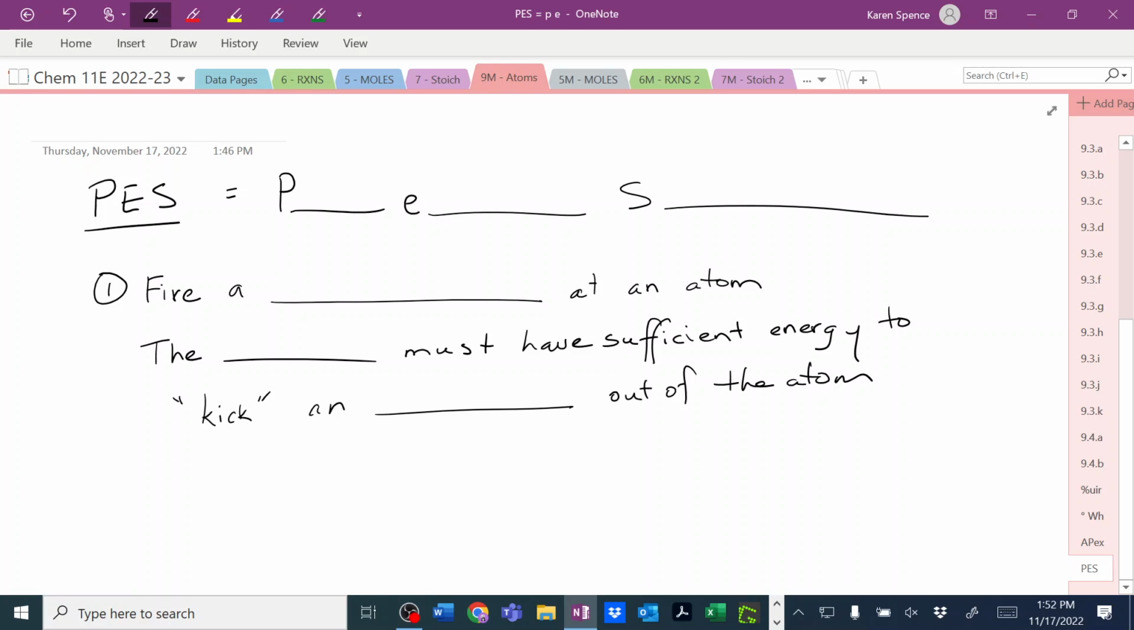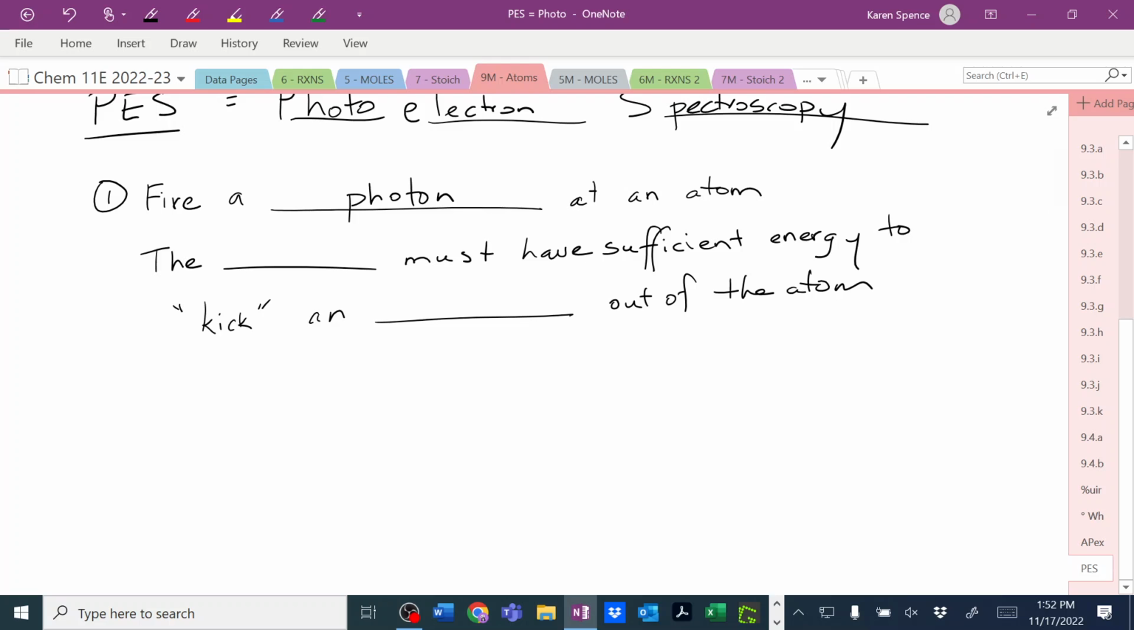What's the P stand for? Photo. What does the E stand for? And what does the S stand for? Okay, what do we fire at the atom? A photon, not a proton. They sound alike, it's easy to confuse them. The photon